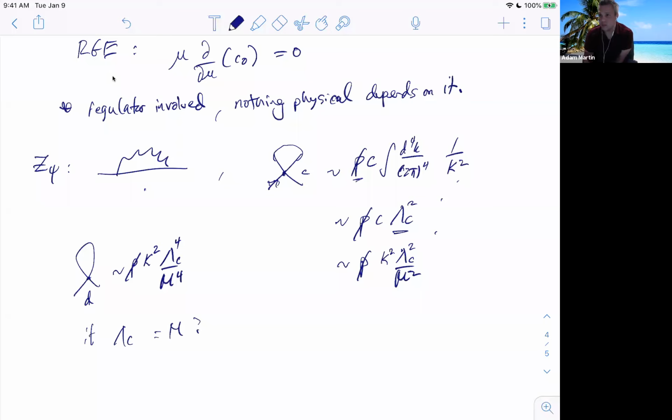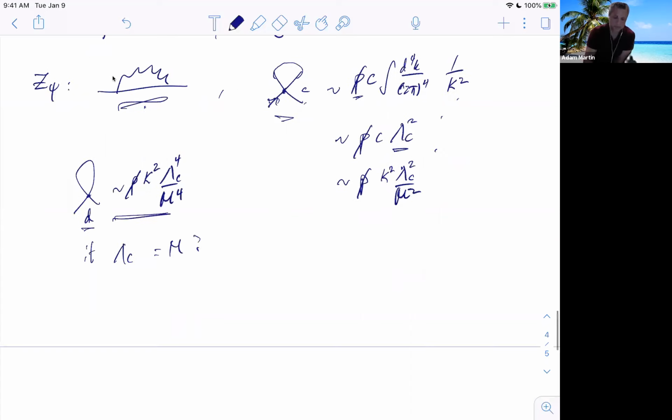That's a huge problem, right? Because it says this diagram is the same size as this diagram, is the same size as this diagram. So yes, we know that this regulator stuff is only an intermediate step, but if we use a hard cutoff, all of a sudden we've mixed up all of the terms in our power counting. The only reason that we argued we could get away with having infinite interactions in an EFT is because we said at any finite order in the power counting, there's only a certain number of interactions. This is messing that up because now this term, which at tree level was higher order in the power counting than the one without derivatives, is contributing the same. So this makes us say, oh my goodness, we're really screwing something up here. Loops in EFTs are going to be hard. But